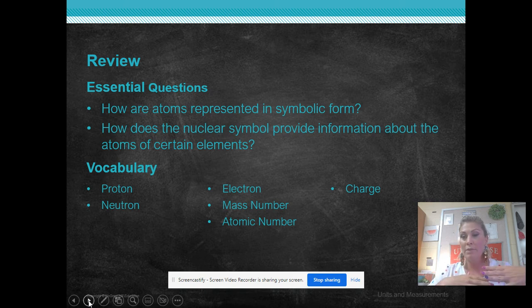For my medium levels, the two medium level groups, they may need to ask a few more questions and have more clarification, but I would definitely be checking with them to make sure that they could clearly answer the two essential questions, define the vocabulary, and come to the right answer on the two sample problems before gradually releasing them